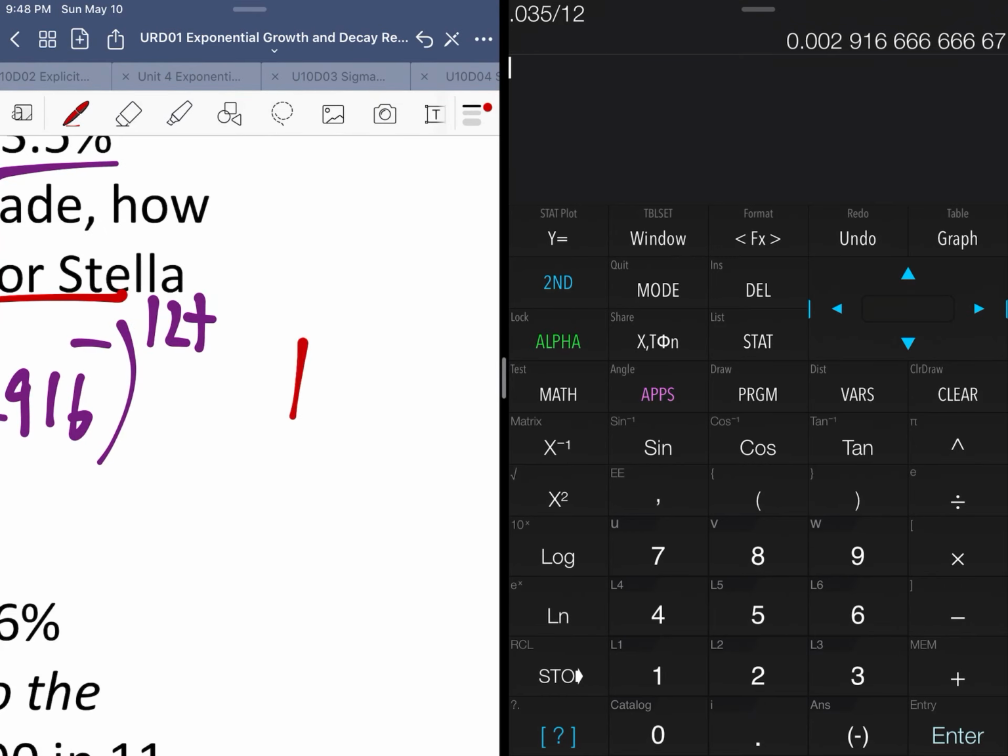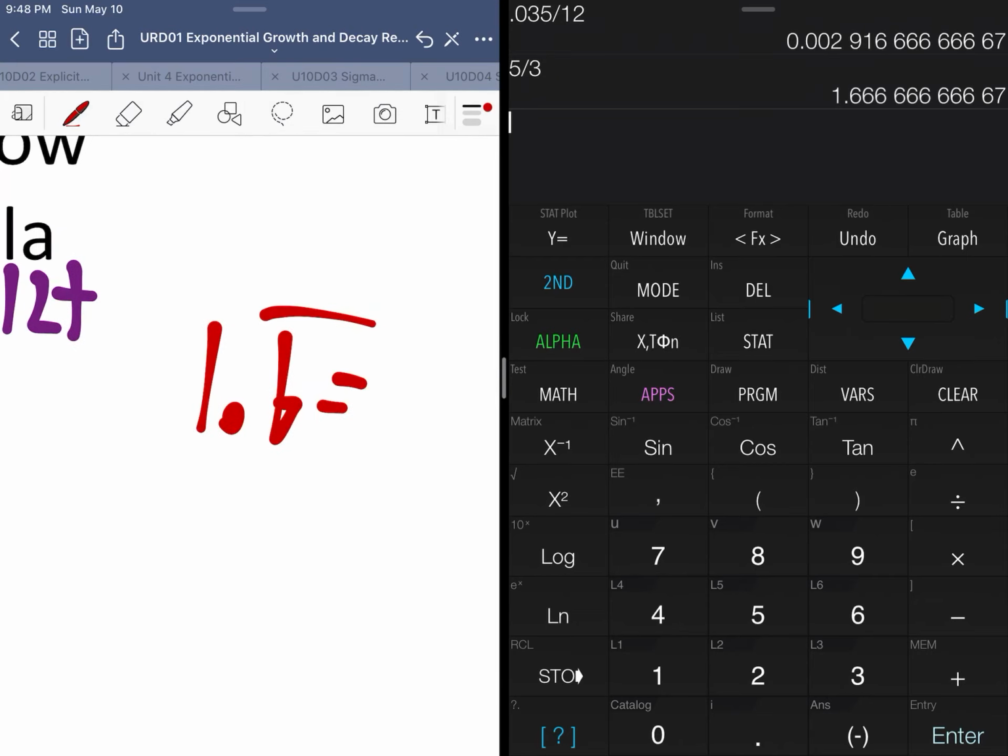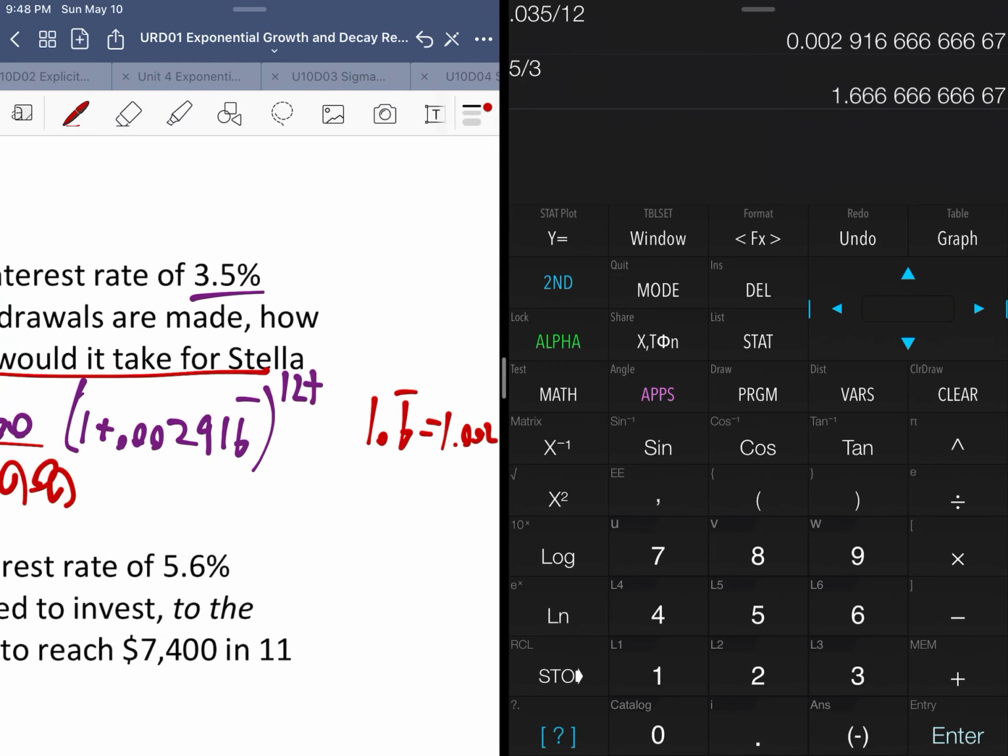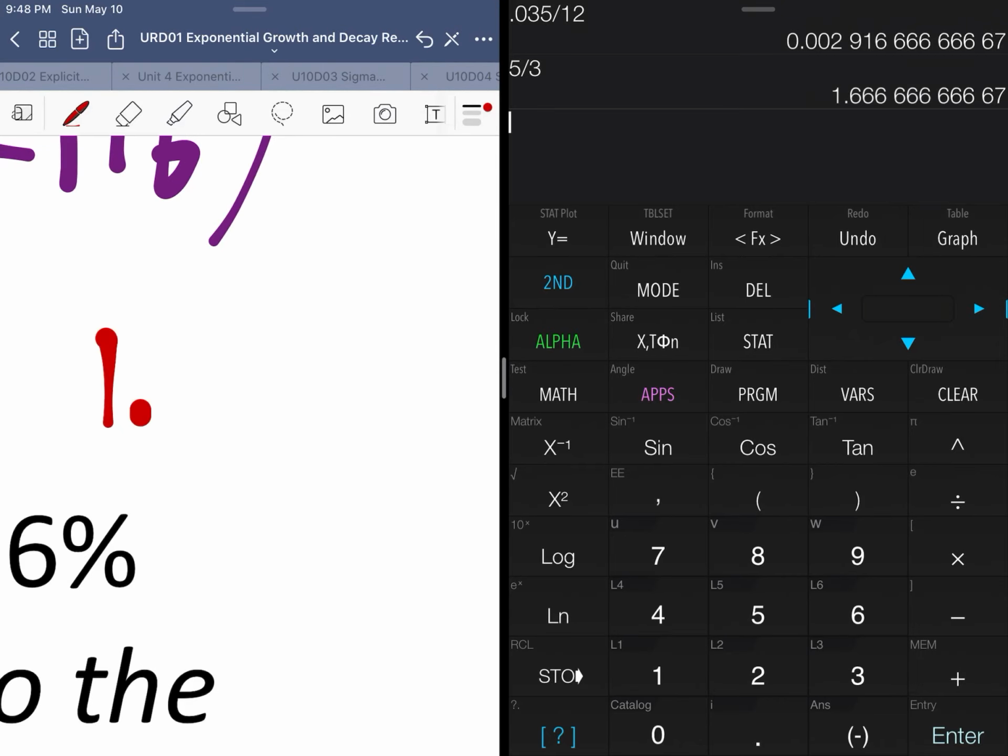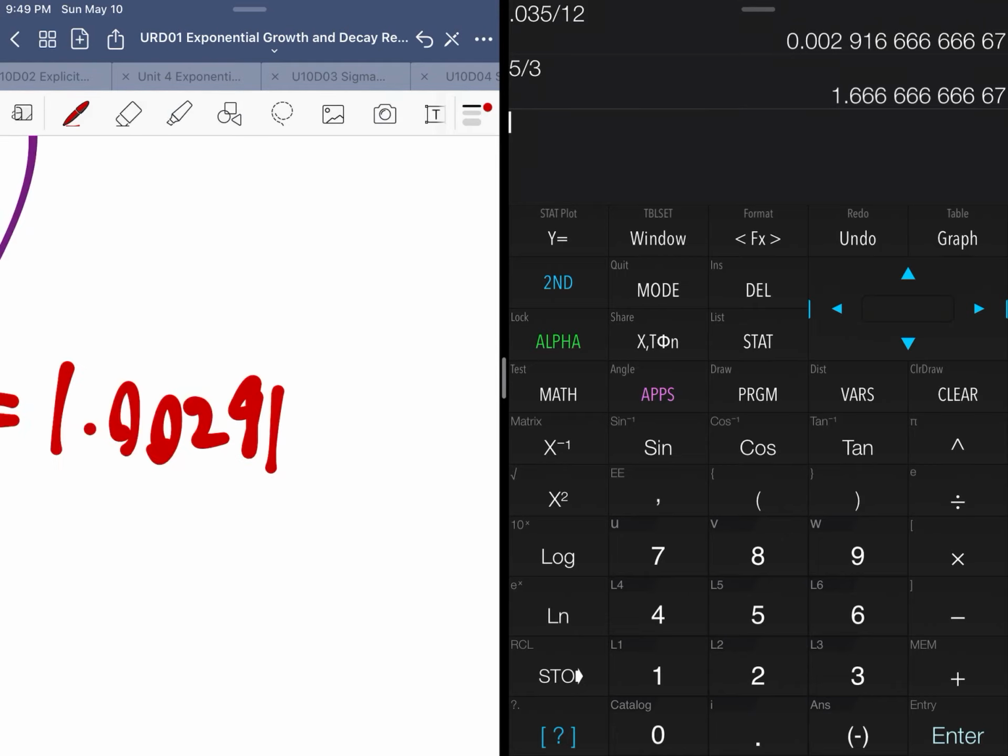When we do that, we're going to get 1.6 again. So that's 5 divided by 3 equals 1.0029. Running out of space. Let me just move this over. We're going to get 1.6 repeating equals 1.0029166, excuse me, 9, 1, 6 repeating to the